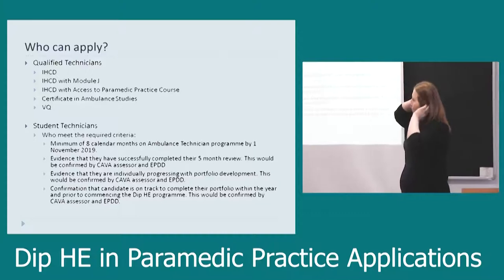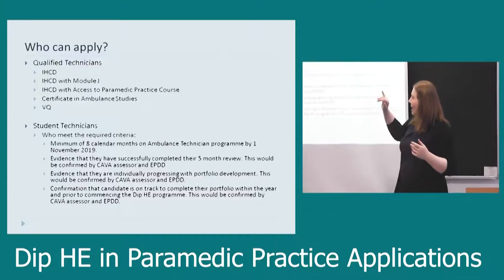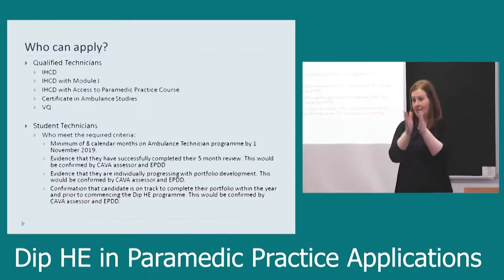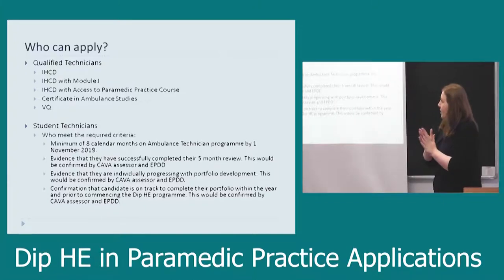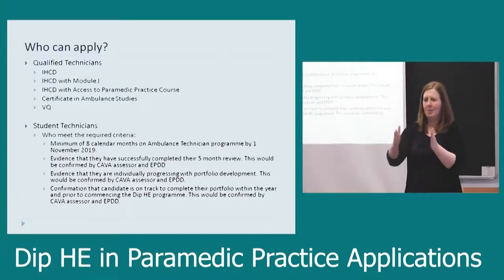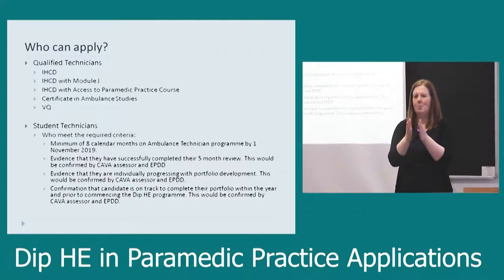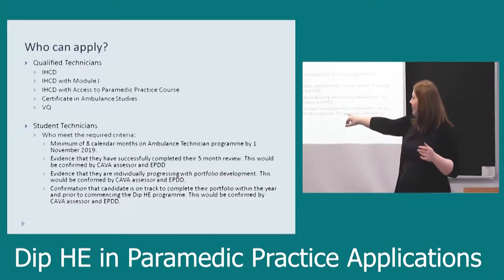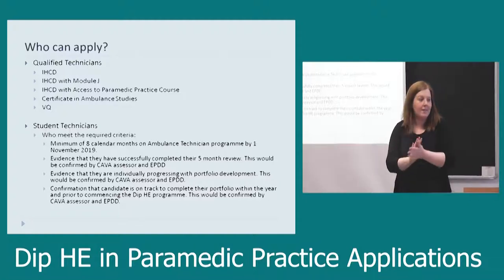So, for student technicians, they have to have had a minimum of 8 months since their course started. They need to have completed their 5-month review and have that signed off. There needs to be evidence that they are going to progress. Basically, there's no point in someone applying if it's not likely that they're going to complete the course on time. And they also need confirmation from the CAVA assessor and the education department that they will complete their portfolio